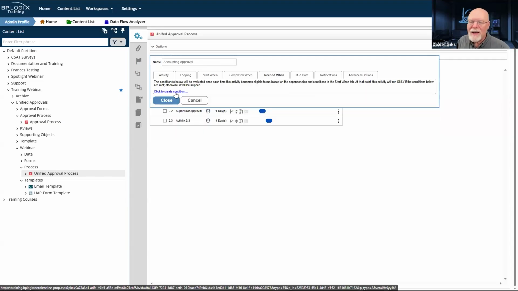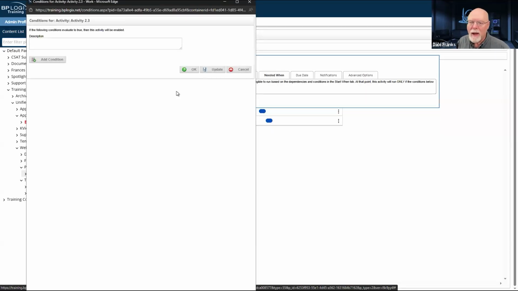So in this case, my needed when condition, I'm going to have to do it a little bit differently. Now, remember, I don't know what form or how many forms I'm going to have ultimately that are going to kick off this approval process. That means that any time that I begin to set conditions which are form-based, I'm going to have 2 options.